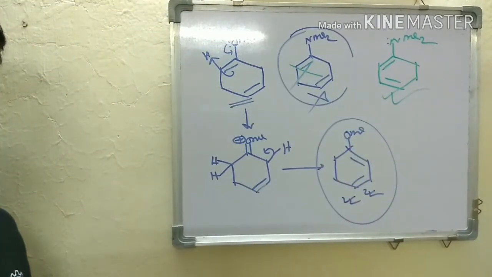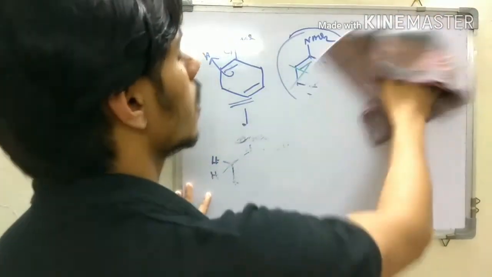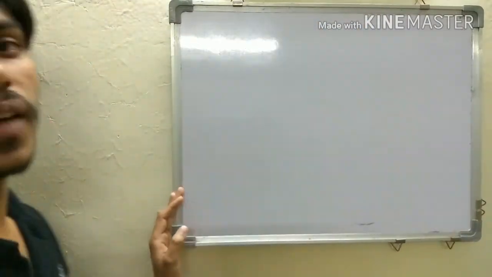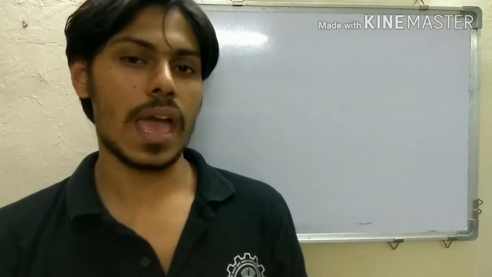So this is the general discussion of Birch reduction, and I think there is nothing left to discuss, and if I get further complicated examples, I will obviously discuss them with you, and I hope this